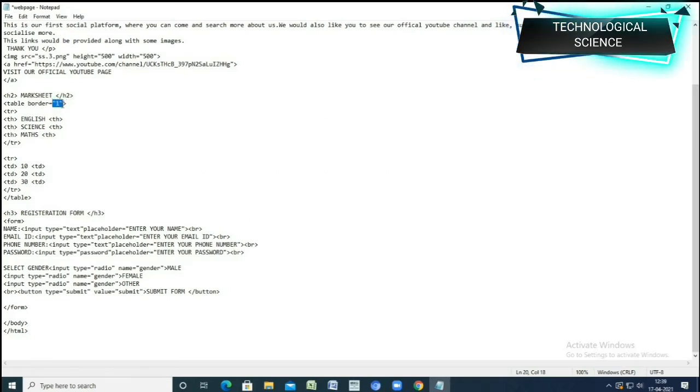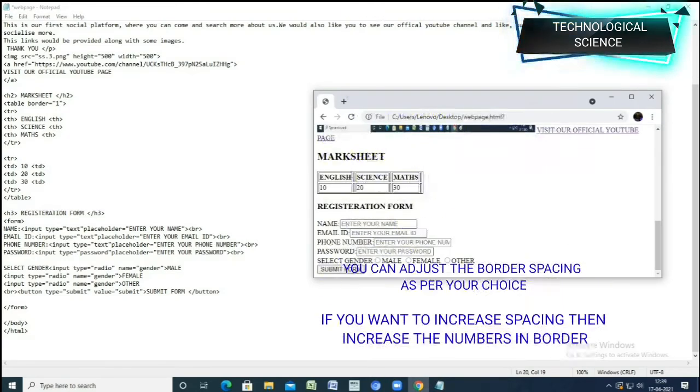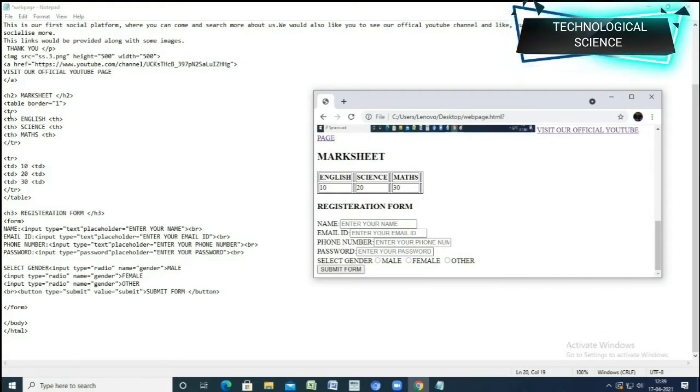This basically indicates the spacing. The equal to sign and these quotation marks are a way to command your HTML, to direct it that way. So you always have to do it like this. This basically indicates that there is one spacing of bordering, and according to that it has given one spacing of bordering.